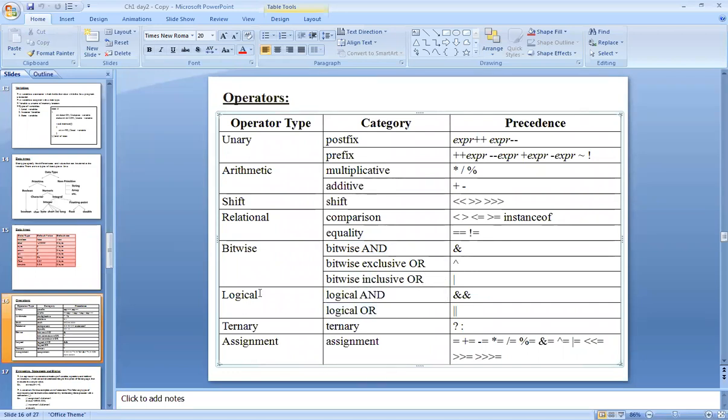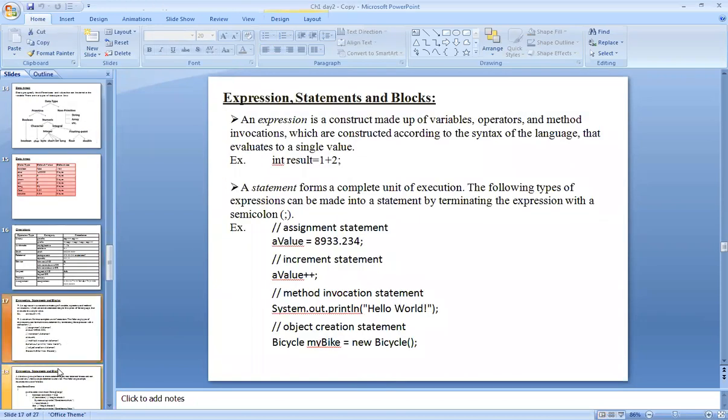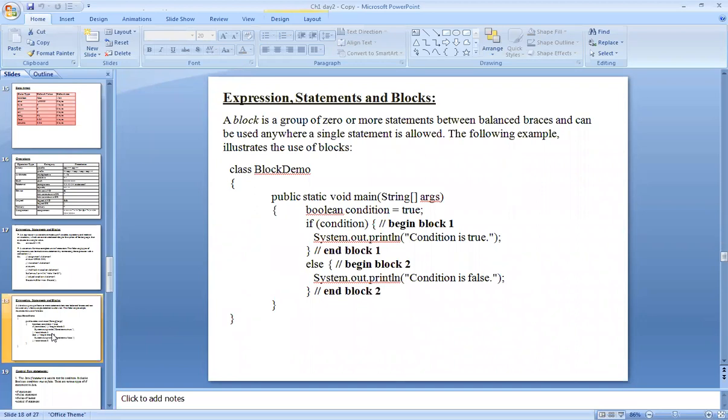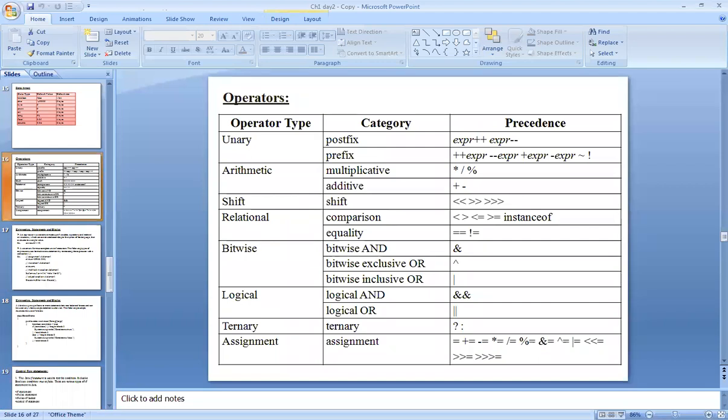After that we will see the remaining operators, and the next part is related to expression statements and blocks, how to implement them. Then we will move towards the control flow statements. So we will see one by one. First we will cover the operators. So I will edit yesterday's example only. One minute, I will share the complete screen. First I will open all the programs. Just a minute, students, I'm opening.